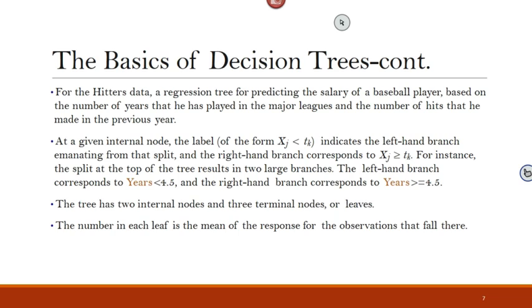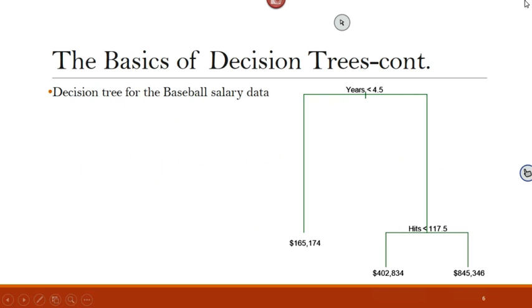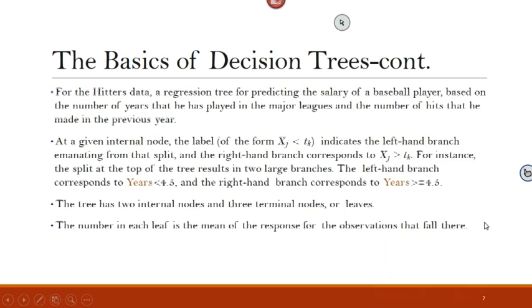So this is just to explain the tree that we built from the plot and the terminology in here, right? So again, this is the root of the tree, and it's also an internal node, and this is also another internal node, and those are terminal nodes or leaves. And the values that you see in here are the average of all the observations that fall into this region. Now, each observation should belong to a region.